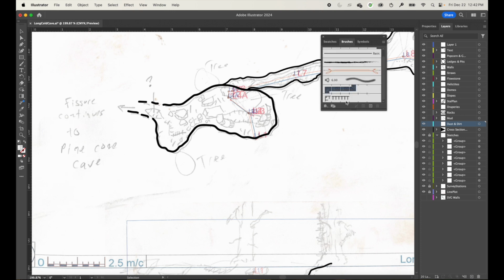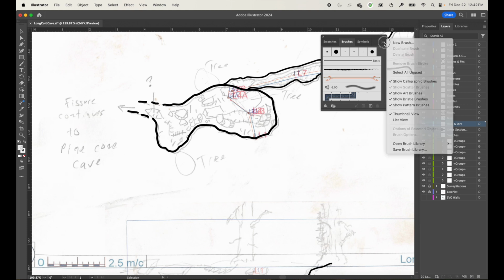We'll go into brushes too. We got a brush here. I'm going to click on that one and hit delete to get rid of it. Like I said, you don't have to do this. I'm just choosing to do it so I can start from scratch and sort of show you how this works. Okay, so now that I've got those cleared out, let's pull up our other brushes and symbols that we'd created